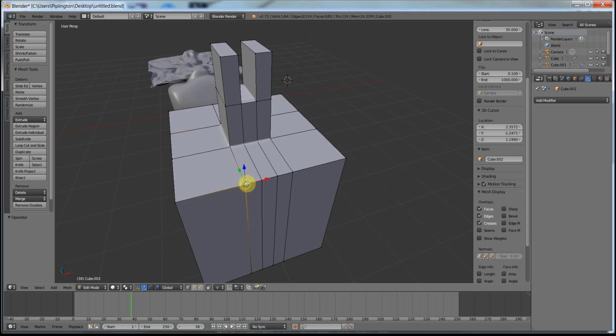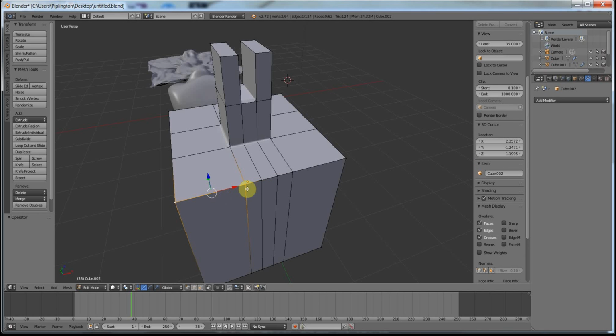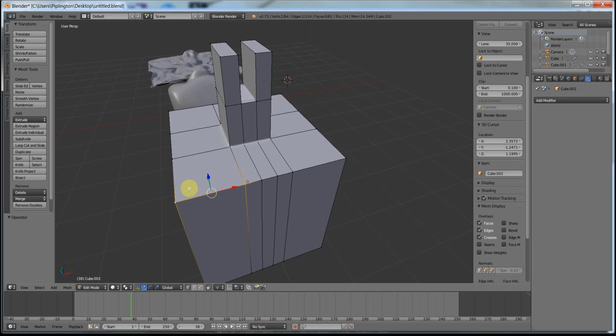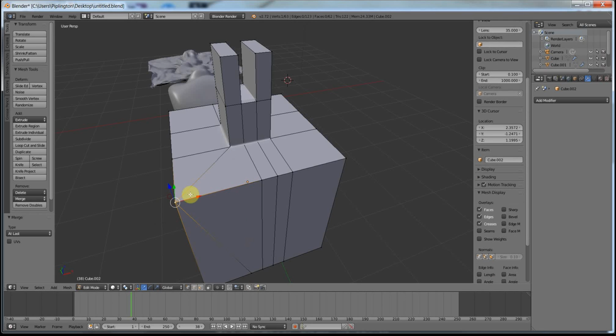So what we can do instead is start to merge these, and I mostly do some low poly stuff in 3ds Max, and they've got a target world kind of thing going on. It's essentially the same thing, apart from for Blender you have to select each vertex, sorry, and then press Alt M, and we've got a few options. I'm going to go for merge at last,